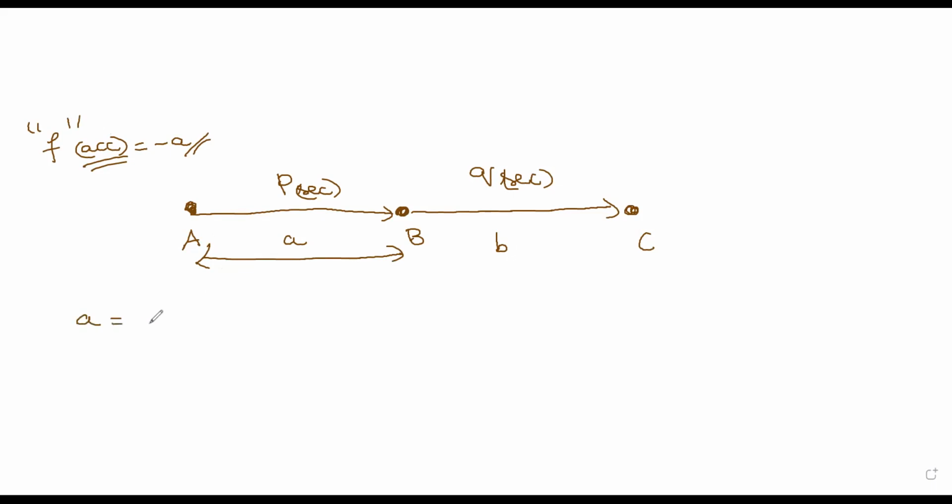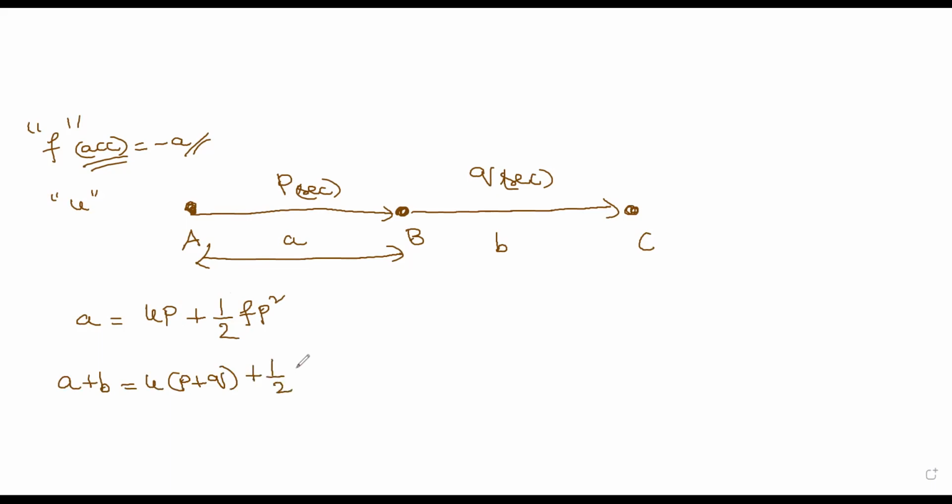The way you get it in general, we assume u is the initial velocity. So a is equal to u into p, the time it took, plus half f t square. I'll go with the plus sign. Let us see how it becomes. Okay, f into p square. So this is how you have. And then for the total distance AC, we have a plus b, that happens to be u into p plus q.